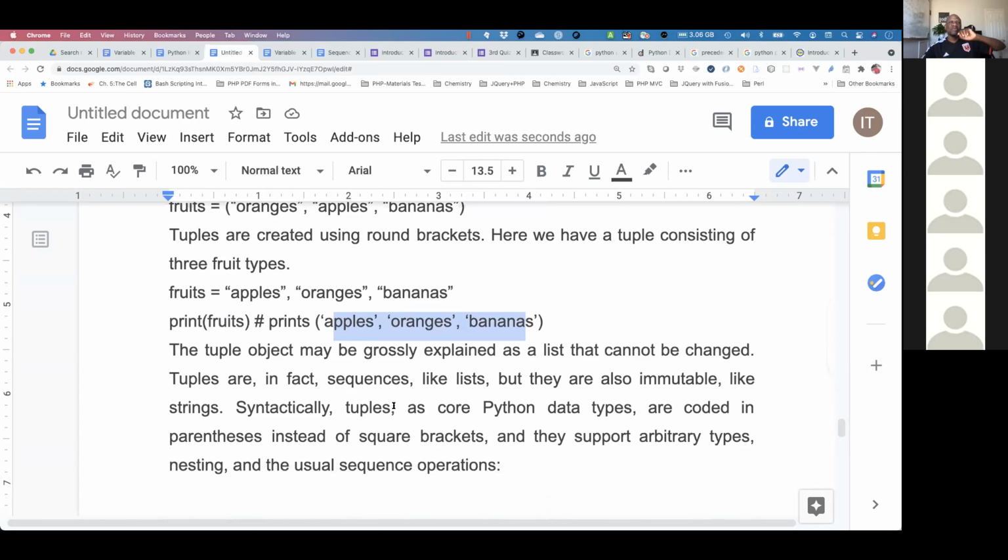The tuple object may be grossly explained as a list that cannot be changed. Once locked, it's locked in, and then we throw away the key. That does not mean that you as a programmer cannot change it. You can change it manually. But when it's already in the hands of the Python interpreter, Python cannot change it. It's already locked in. Say, for example, you have somebody's address, or one thing you'll never change unless under very special circumstances. For example, here in the US, my social security number is going to be the same.